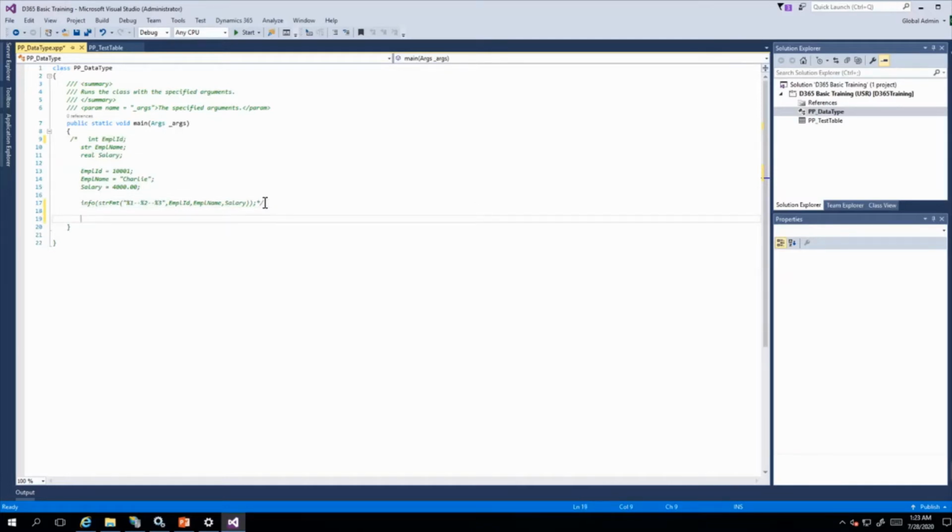So I will write for array. You declare it, empl id. Let's say there are 3 employees. The elements of an array are accessed by using integer indexes. Right now I am declaring it. So this array is of type integer, it is employee id. Now another is string.